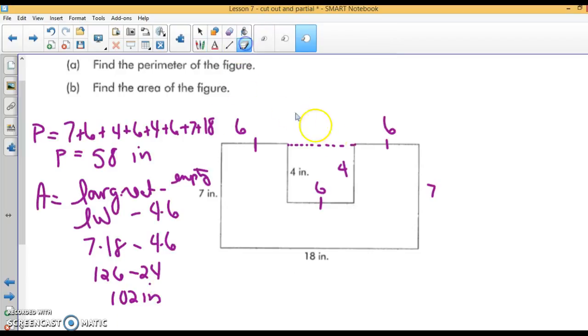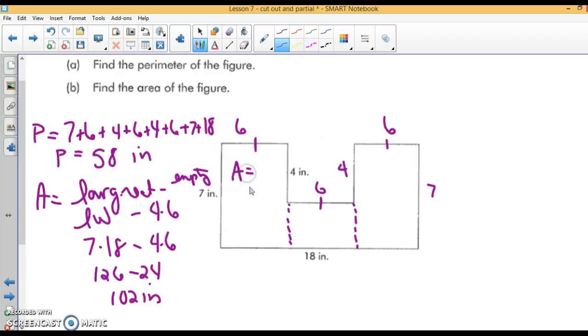Now, that is one way to do it. The other way to do it would be to split it into 3 rectangles. Isn't this rectangle here 6 by 7, so 42? This rectangle here is also 6 by 7, so 42. Now, this rectangle is harder. This whole side is 7. This side is 4. So wouldn't this be 3? So this area is 6 times 3, or 18. So the area of the whole thing would be 42 plus 42